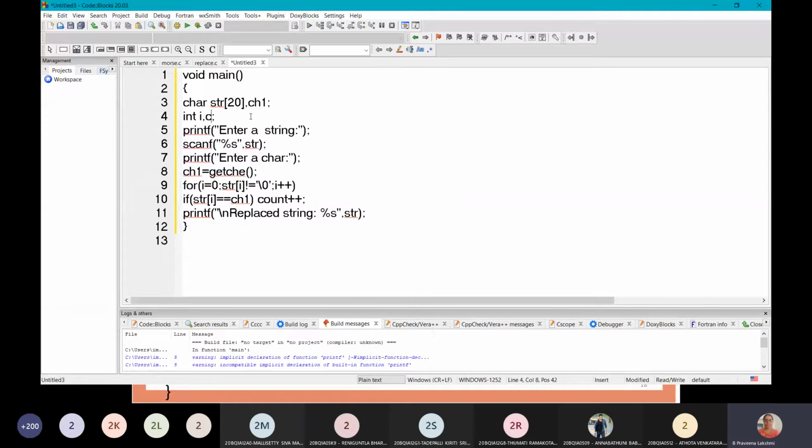Here we'll take count equals to 0. Okay, now change the message as number of occurrences is percentage %d and our variable count.